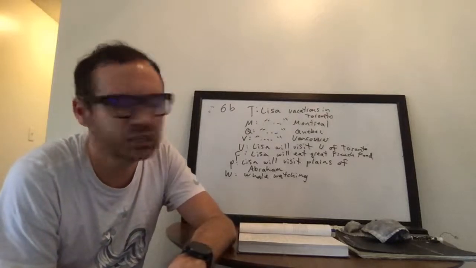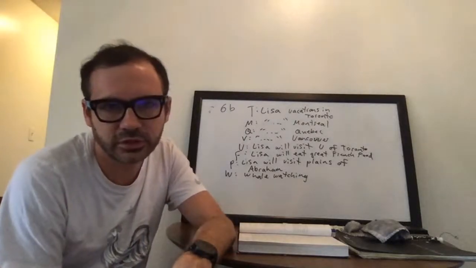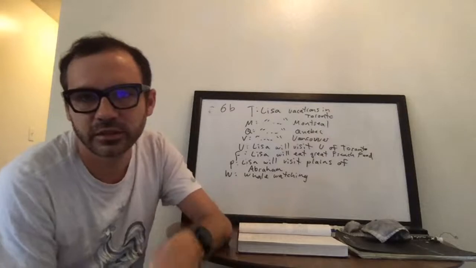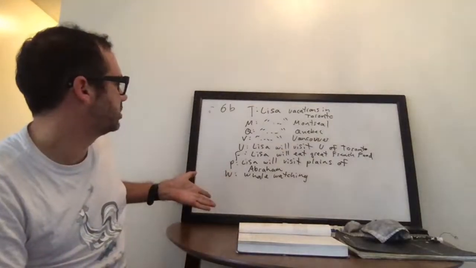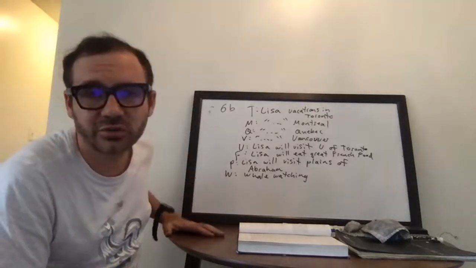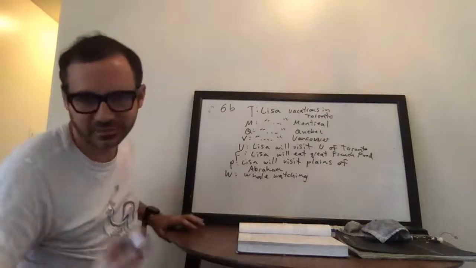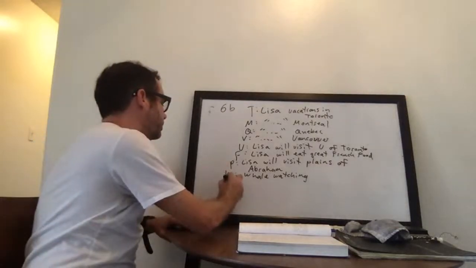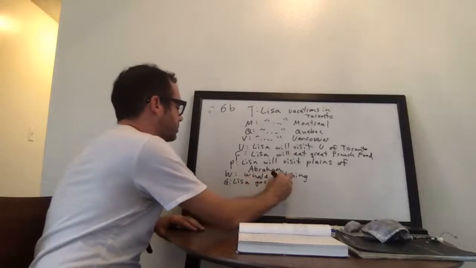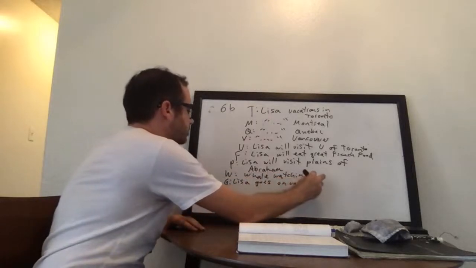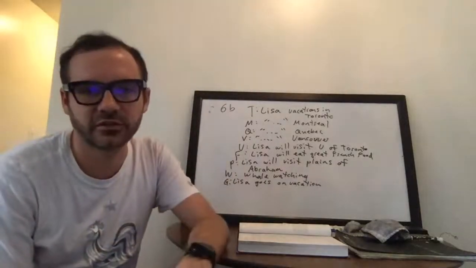Lisa goes on vacation. Perfect. You know what? You're right. We do need that. Thank you. Good catch, Lily. So maybe G for go. Is that a good one? Everyone can agree? Thank you very much. G will be for Lisa will go on vacation. Perfect. Yeah, so you couldn't have started to give the answer without that letter because it's the antecedent of the